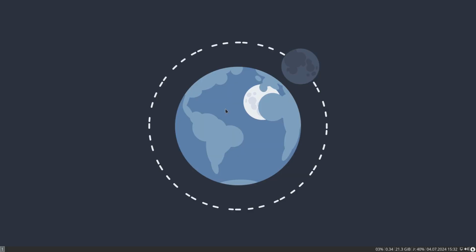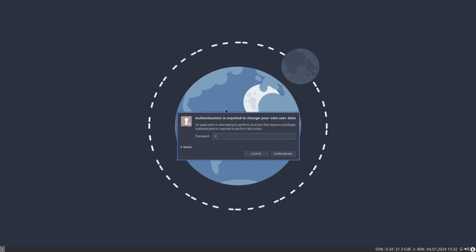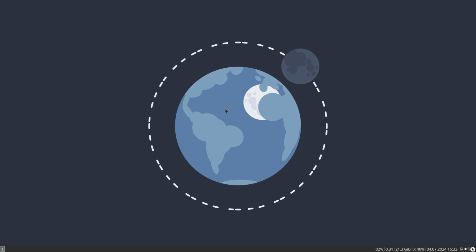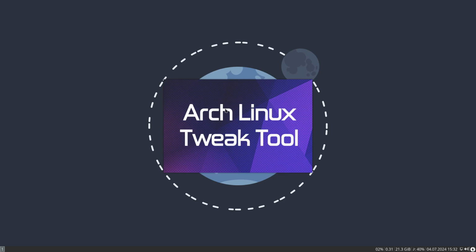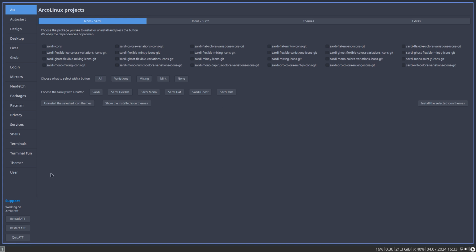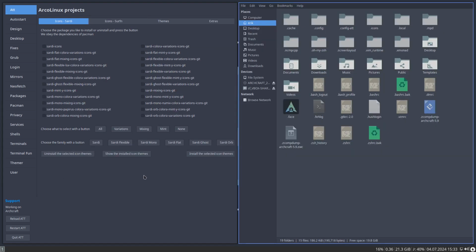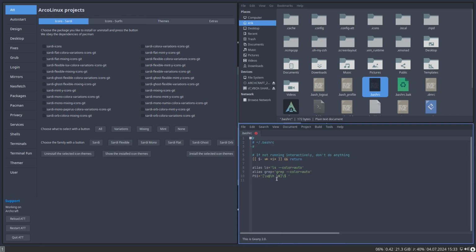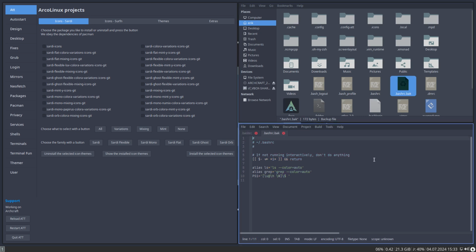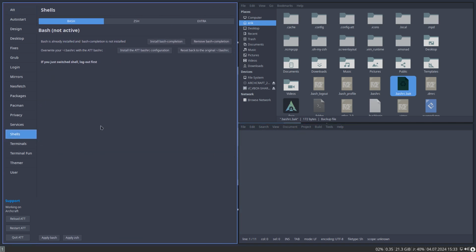And yeah, we have access to Ctrl-Alt-E to the ArcoLinux Tweak Tool. We can add our bashrc. This particular system, right, bashrc, contains quite a few things. I thought there was a lot of, was somewhere else, I don't know, might have been, but we have our own shells here. Bash install ATT